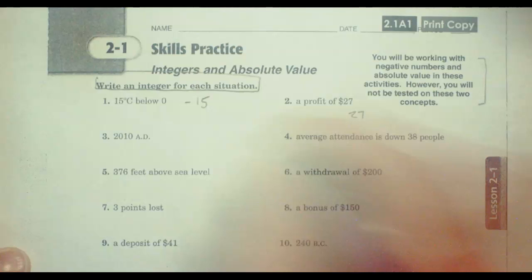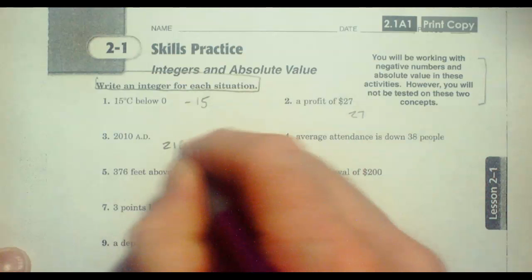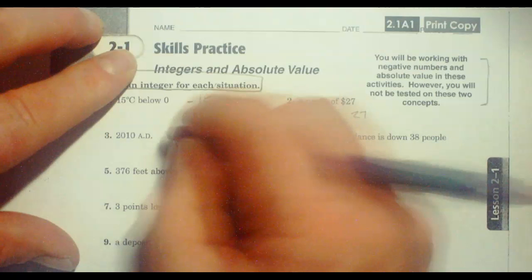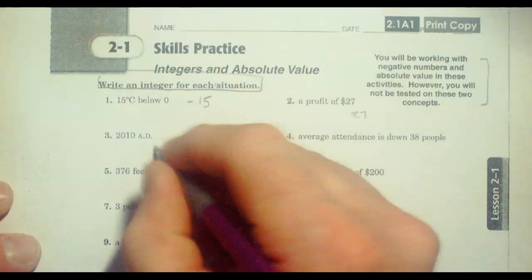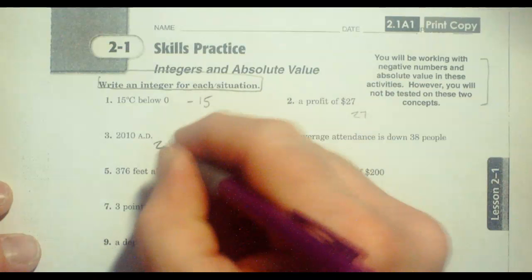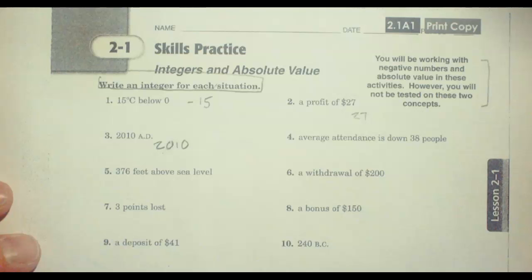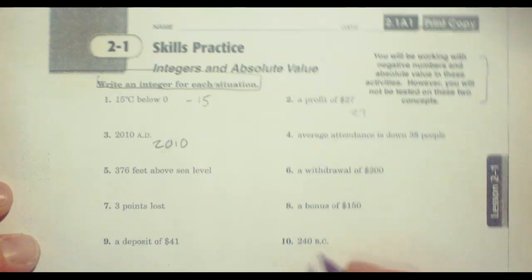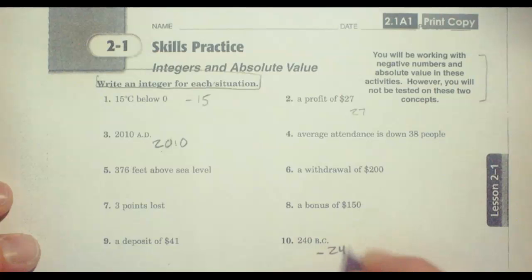2010 AD, this is just 2010. Whoops, I did that wrong. Not 210, 2010. Which shows you how old this book is. Let's see if we can find a BC one on here. Doesn't look like they have a BC one. That would be, oh, here it is, 240 BC. This is going to be a minus 240 because that's before the year